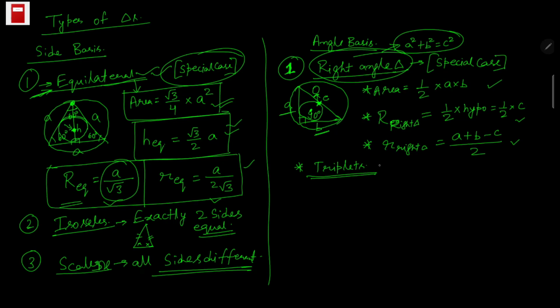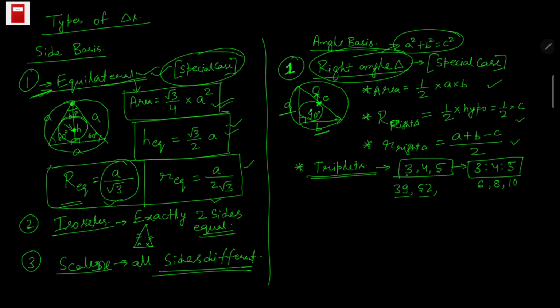a family name. There are triplets that we should know, that is 3, 4, 5. Now this is a very important point to understand. If the ratio of the sides is 3:4:5, it is definitely a right angle triangle. So whether it is 6, 8, 10 or anything else, any multiple of 3, 4, 5 or any factor of 3, 4, 5. If there are two sides which are in the ratio 3:4, like say 39 and 52, and if it is mentioned that these two are the smaller sides of a right angle triangle, then the third